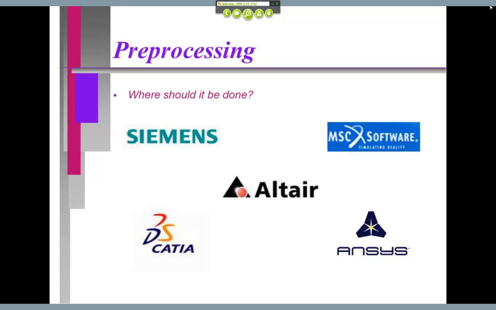Well, do we lose associativity? We do, but we can write routines inside of here that basically will map the process on any new model. So if a new model comes from Siemens down to Altair, from Dassault up to here, and if that model looks very similar to one that we just did, all you have to do is say, take this surface and swap it out, take this one and swap it out, and the meshing parameters can update and be maintained, but it takes a little bit of effort to build that link. It's not automatic. It's automatic over here,